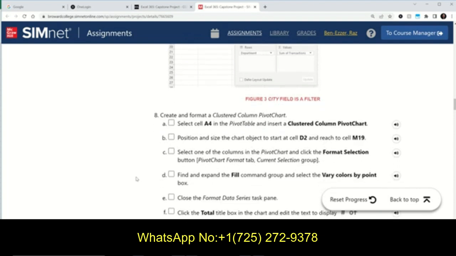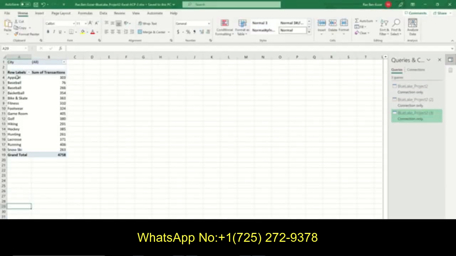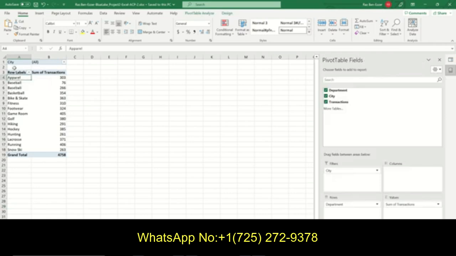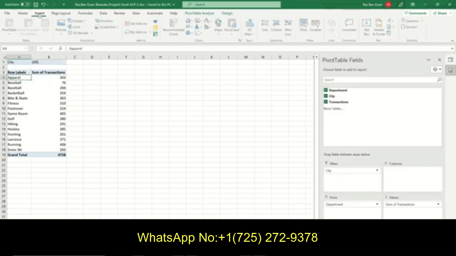Create and format a clustered column pivot chart. From this pivot table, they want to create a chart. Select cell A4 in pivot table and insert a clustered column pivot chart. Clustered column pivot chart. A4. Why is it A4? Why not A3? Because A4 is the first piece of data in this table. And we're going to insert